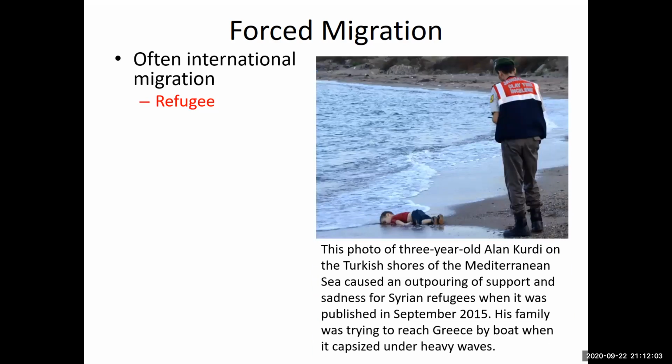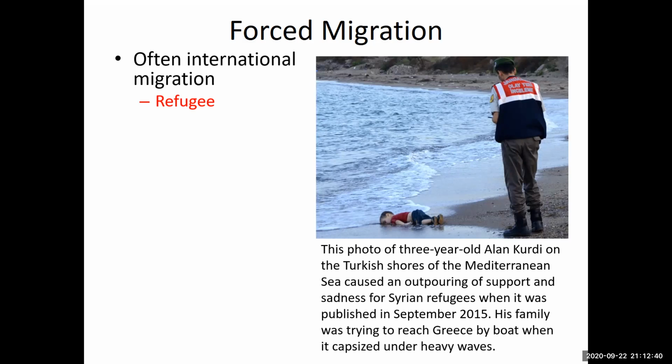Here's a sad story. This photo, which was around 2015, of a boy who washed up on the shores of the Mediterranean named Alan Kurdi, was taken by a photographer and became a very sad photograph that many people around the world saw as symbolic of the struggle of many people from Syria who have been leaving the last few years because of the civil war. They are leaving a country trying to get anywhere else, taking many risks just to get wherever they can go that's not in the middle of a war and may provide them with opportunity.